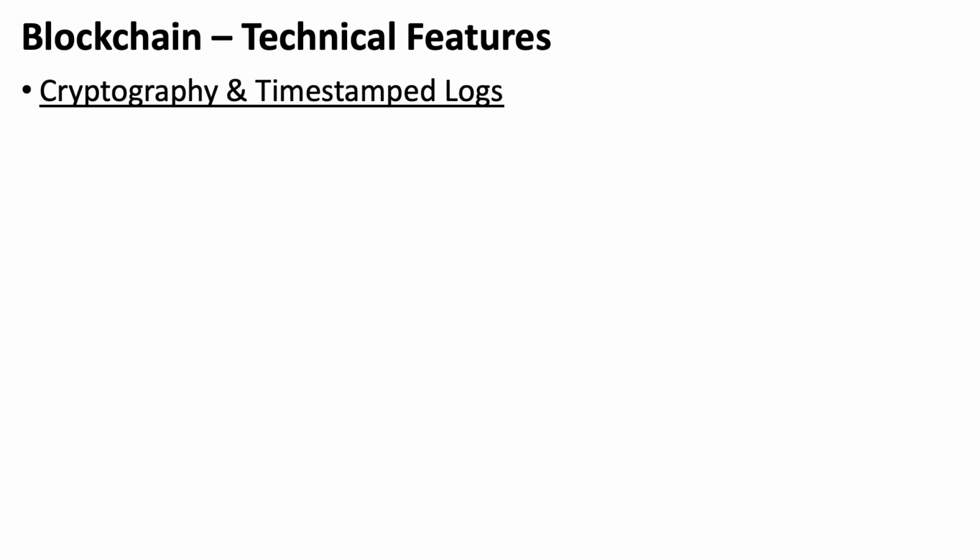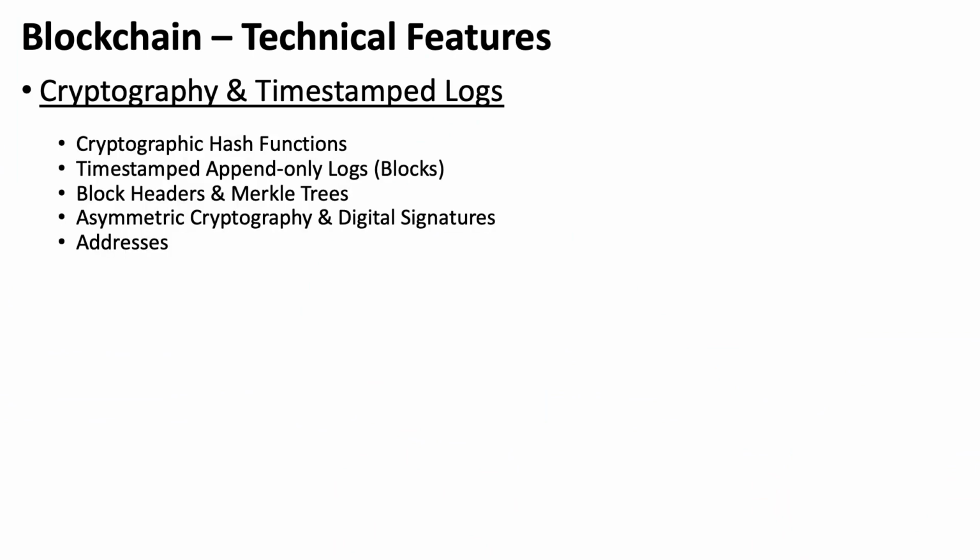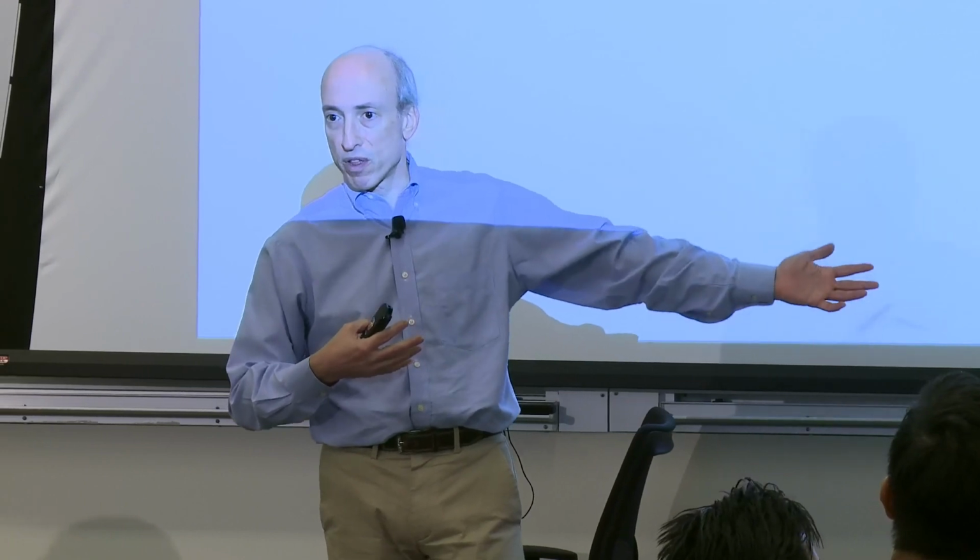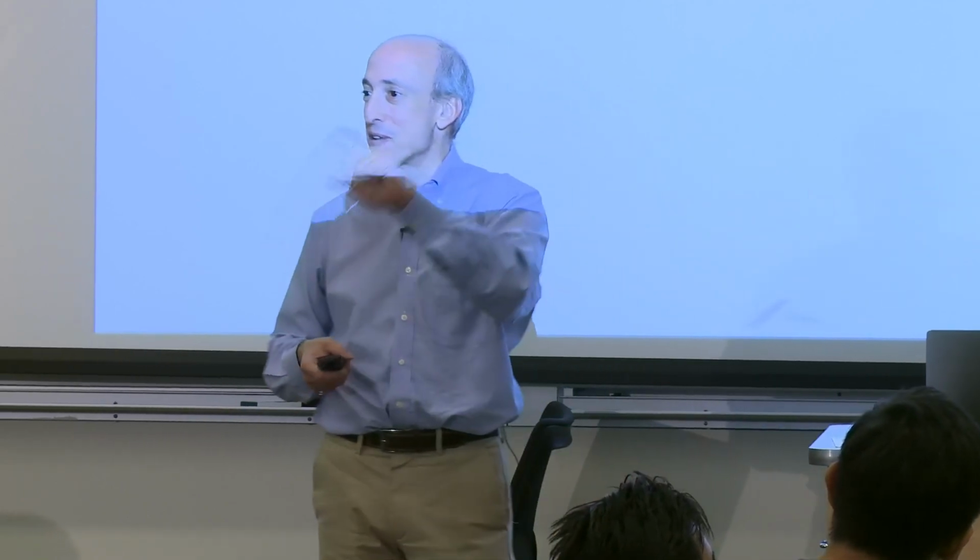There's, of course, the cryptography and timestamp logs. So the bedrock of this technology that we did 3 or 4 lectures ago. You will find that in permission systems. You'll find it in permissionless systems. That is a bedrock. You will find it in Ethereum, Bitcoin, and 1,600 others. There will be some shifts around. The hash functions might be a little different, but that's kind of a bedrock of this technology.